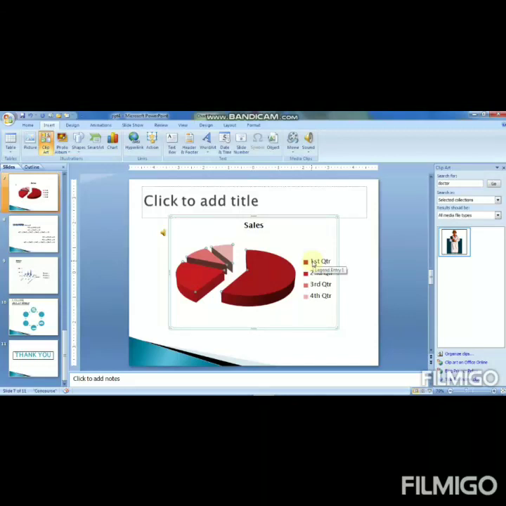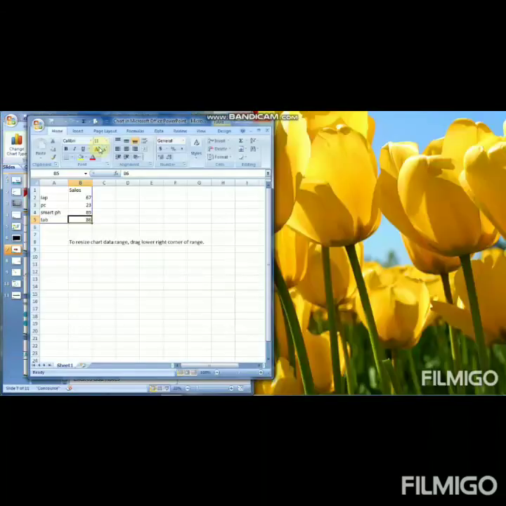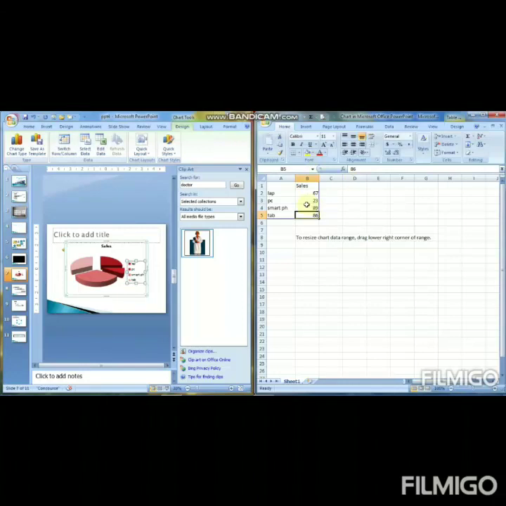Now I want to edit the data. Just click on the chart. It gives the chart tools here. If you want to change it, you can edit the data. Click here. It shows the background database.